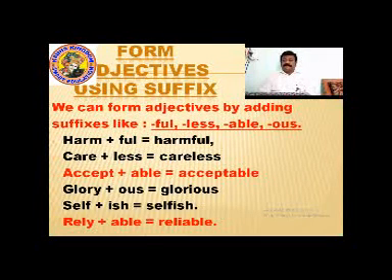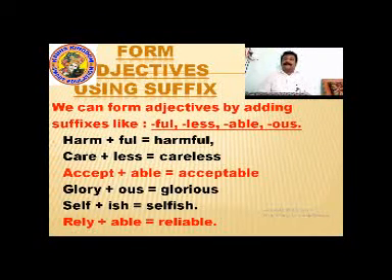To form adjectives, we use the suffixes like FUL, LESS, ABLE, OUS. So any word we use a suffix to make it adjectives by using FUL, LESS, ABLE